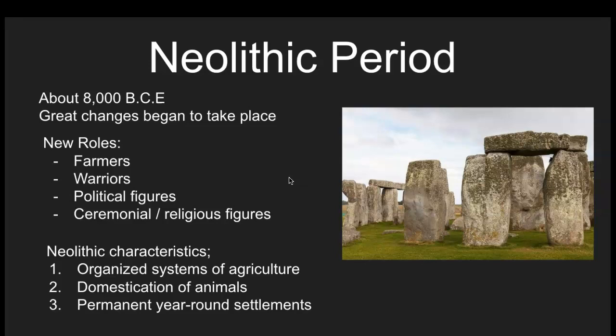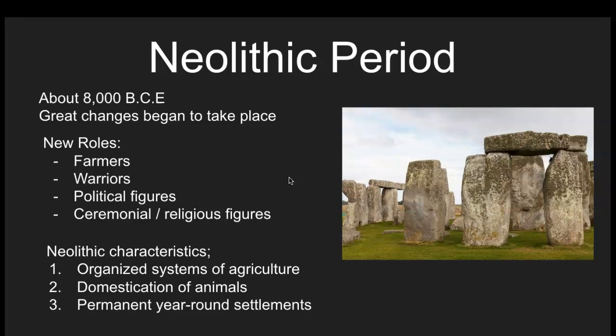And as agriculture develops, we have farmers that are able to create a surplus of food. And this doesn't happen overnight. This happens over thousands of years. But as they get better at agriculture, get better at understanding the seasons and the patterns of weather, and they are no longer running for their lives from woolly mammoths and saber-toothed tigers, and are able to finally settle, farmers are able to create surpluses of food.